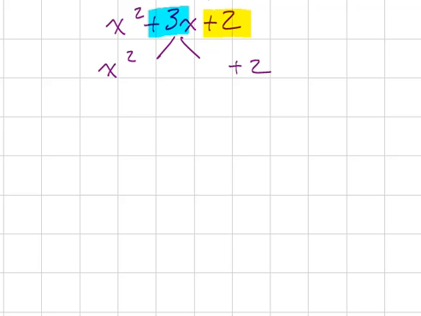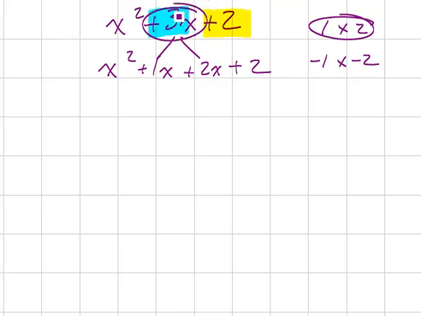So in this case, it's fairly easy. There's only two ways you can get 2. It's either 1 times 2 or negative 1 times negative 2. So what two numbers multiply to give 2 and add to give positive 3? And hopefully you can see that it has to be those two. So what we do with them is we rewrite them. So we've got x squared plus 1x plus 2x plus 2. 1x plus 2x is 3x. That's fine. Okay. Now let's see what happens. What's common? We'll factor by grouping, right? So we've got x times